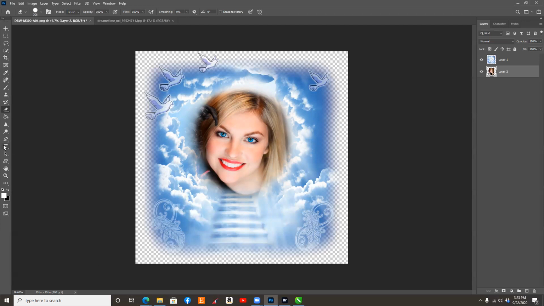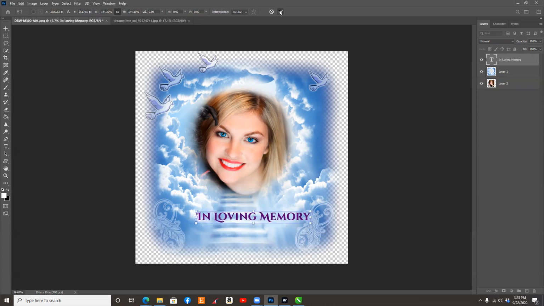I'm going to go back over to the left and click on the text tool. Now I want to be on the top layer, so back over to the right and click on the top layer, the clouds. Put your cursor and type. And go back up to your crosshairs, grab it, move it where you want it. You can Control T and drag it to make it bigger, check mark, or you can go to your character